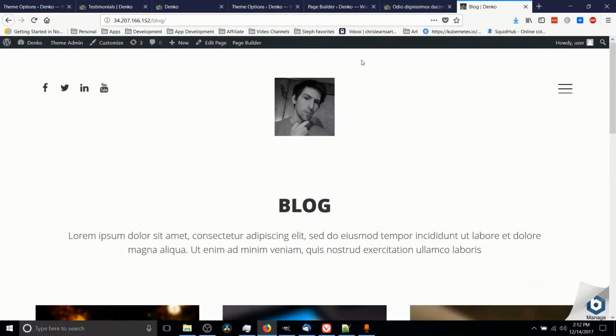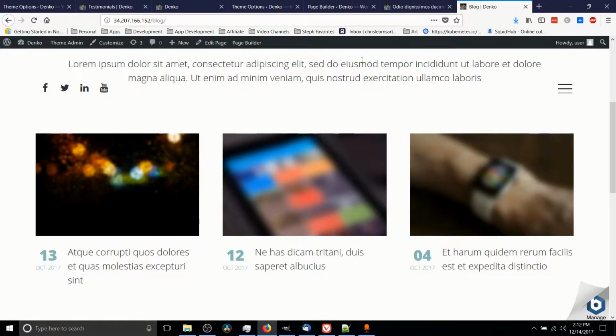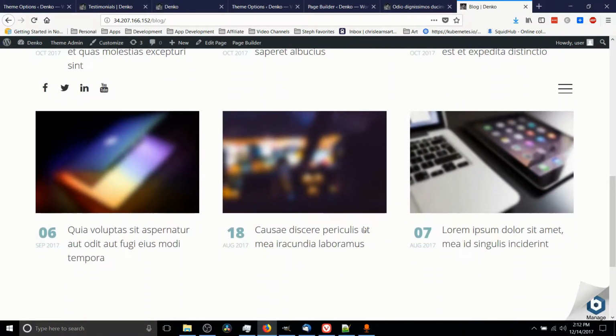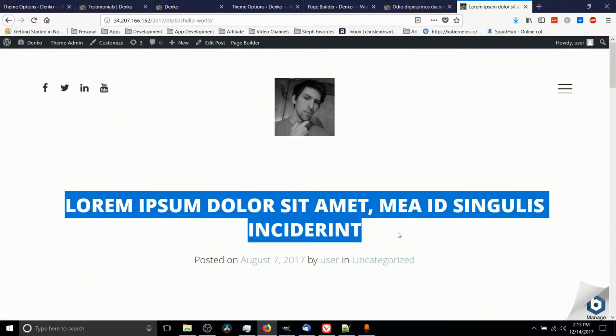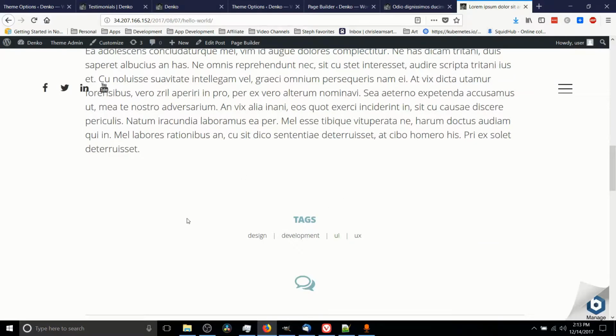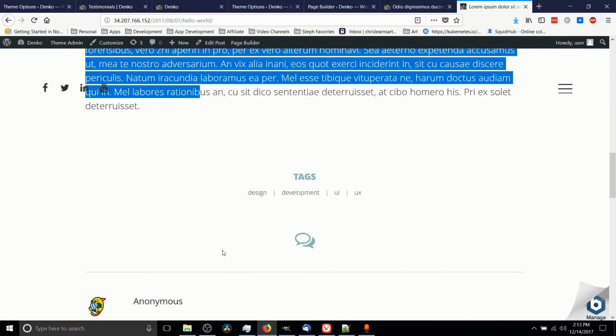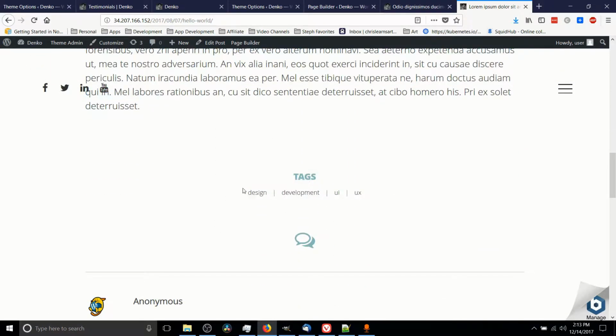It's quite similar. Both the portfolio items and the blog posts are displayed in a grid fashion. You can see for each of the blog items that it does put the date there, the title in big text. We can click on either the title or the image to get into the blog post. Once again, big text as a focus on the site. We can scroll down, see the actual blog content, and it does display the tags for your blog posts out